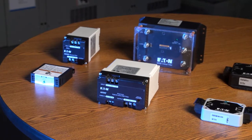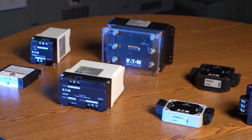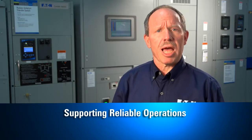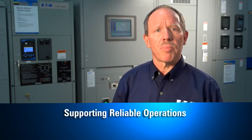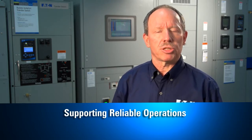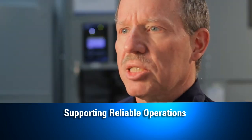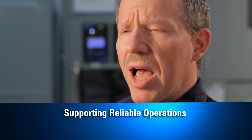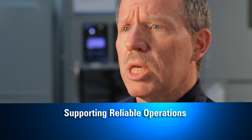The latest demonstration of our commitment to workplace safety and equipment protection are the Eaton Aegis series devices, which combine surge protection and line filtering to provide comprehensive protection for valuable system equipment that helps keep your business running. Surge protection devices are a critical element of power reliability and equipment protection. They can keep equipment and processes up and running reliably without disruption or damage by providing protection against external disruptions